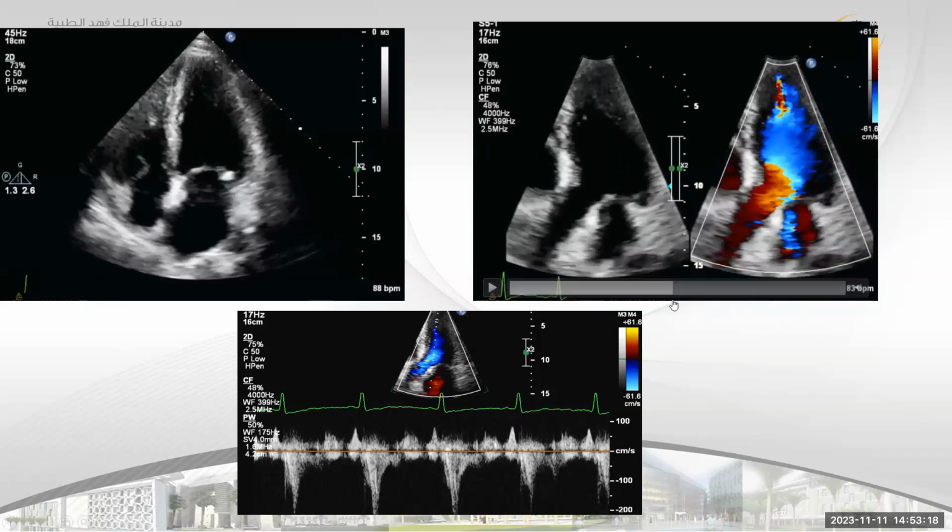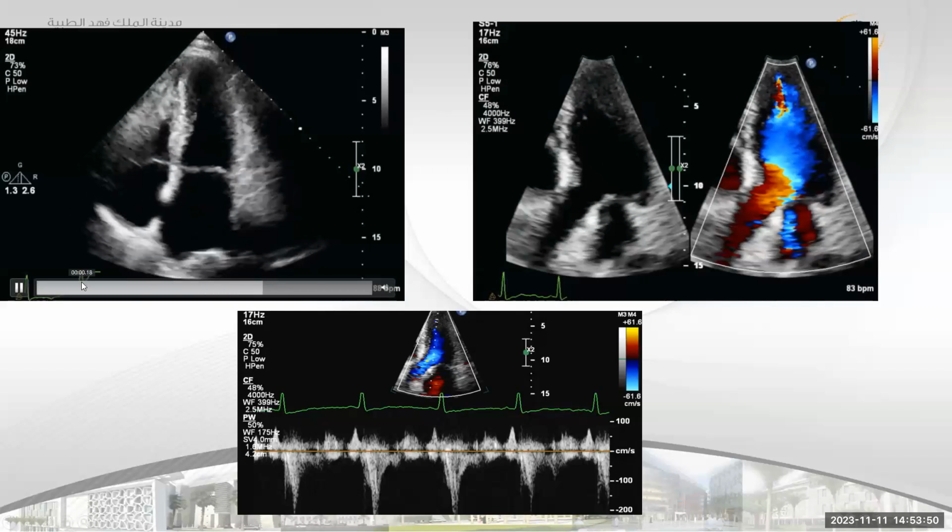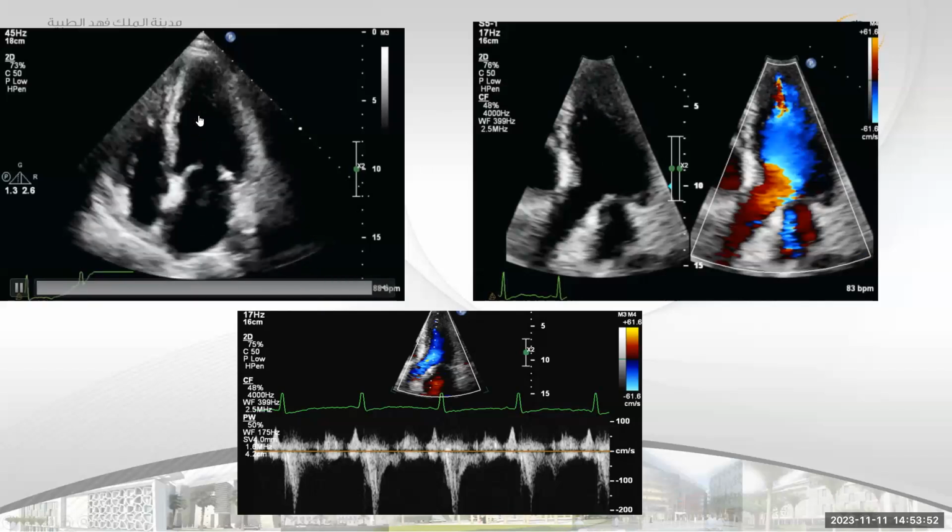Okay, can you see this view here on the right? What do you have here in the apex by 2D and what do you have by color? Subvalvular aortic membrane, MAC. Yeah. This should be common in the exam. Apical HOCM, excellent. This is apical HOCM, spade shape. You can see that there is a spade shape of the apex,